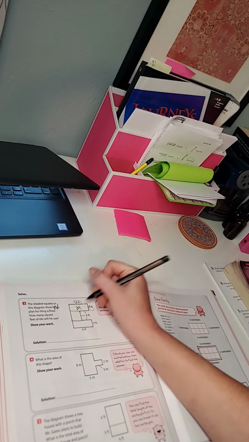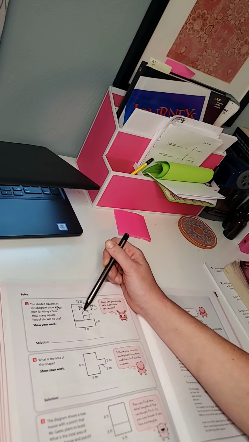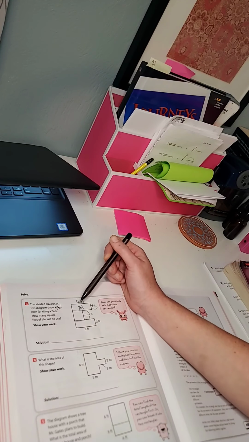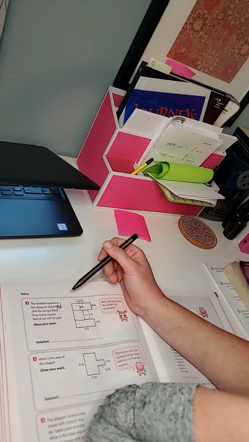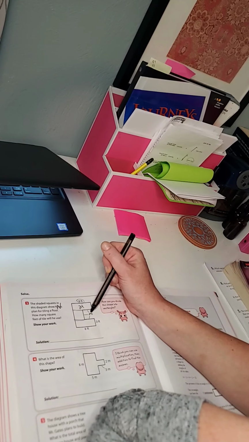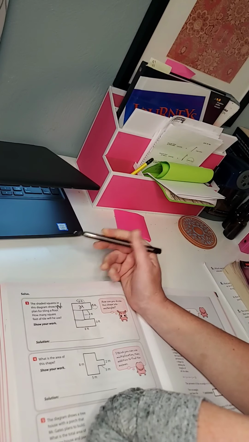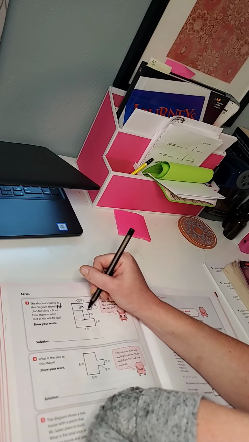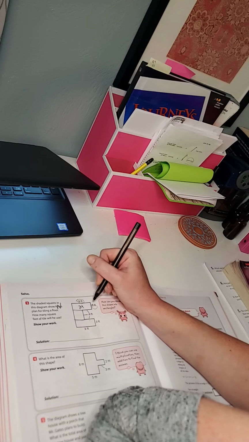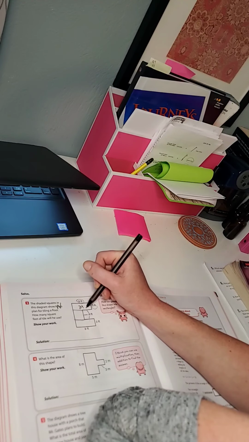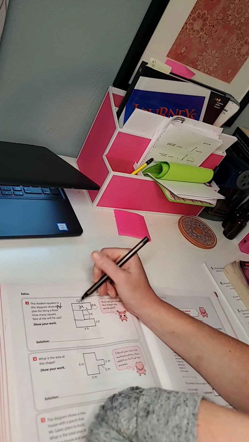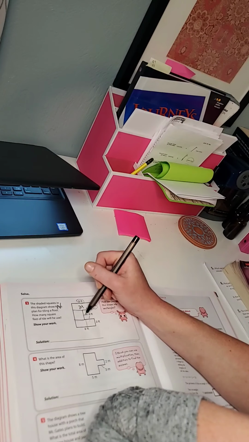What in the world could this be? How would I figure that out? Well, it looks like this. When you have the arrows pointing or lines pointing, that means this is 4 feet, this is 4 feet, this is 4 feet. So if I know that this is 4 feet, right here, from here to here, that's 4